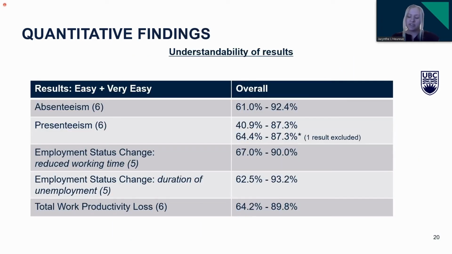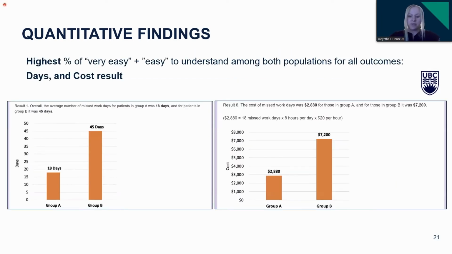Turning to the understandability level of the result for each outcome, the percentage of respondents that identified each result as very easy or easy is similar for patients and caregivers and ranges roughly from 61 to 93%. The result within each outcome that got the highest percentage of very easy or easy to understand were the results